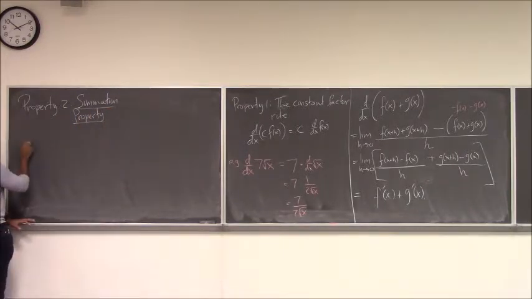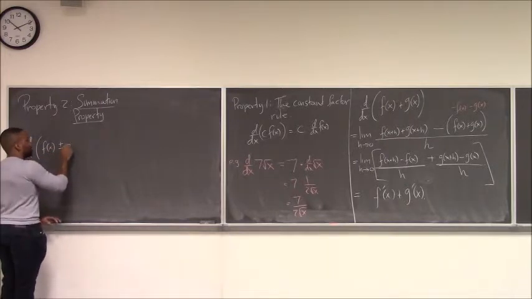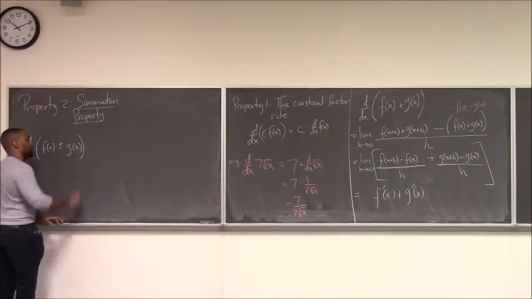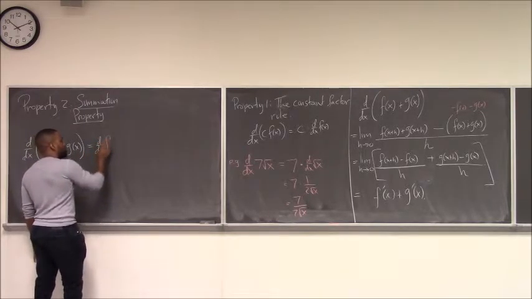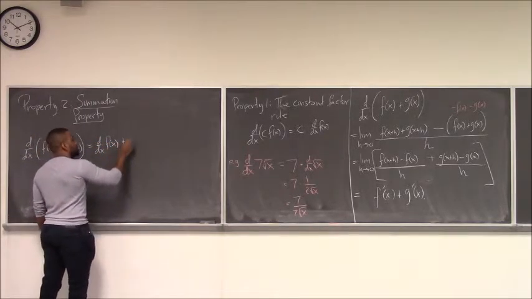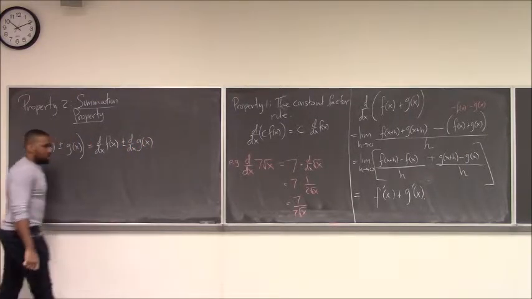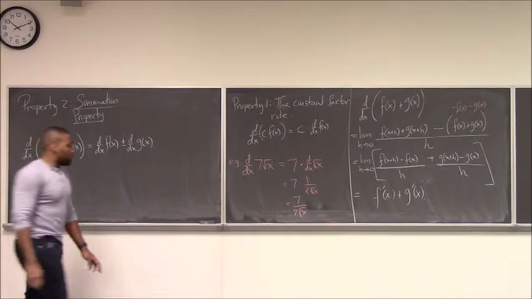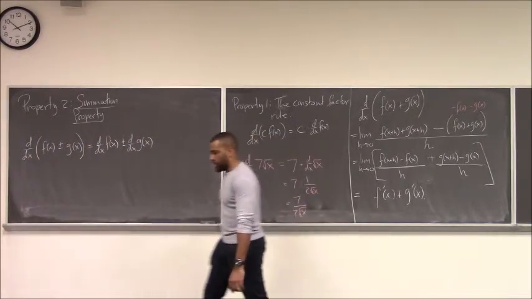So this is the property that says the derivative of a sum of functions, and you can realize that this would work with the plus or minus by just running through the motions there, is equal to the derivative of the first plus or minus the derivative of the second. Derivatives distribute across sums. So if I know how to differentiate individual functions, I know how to differentiate a sum